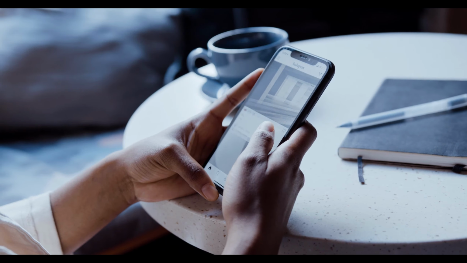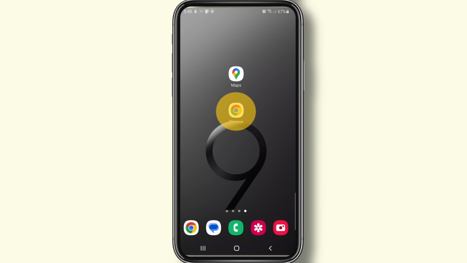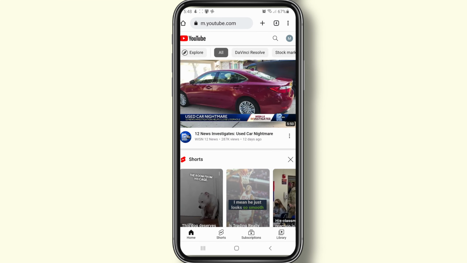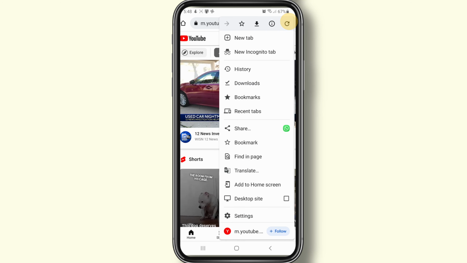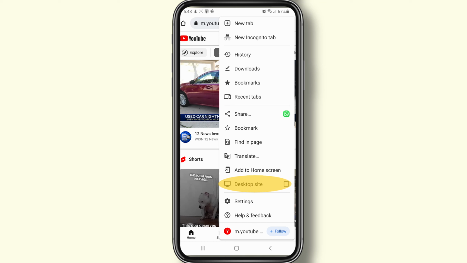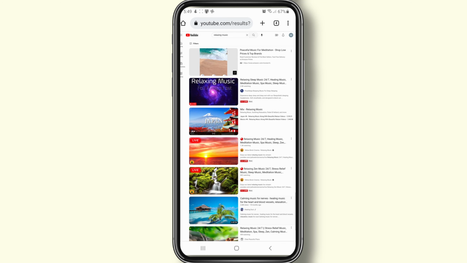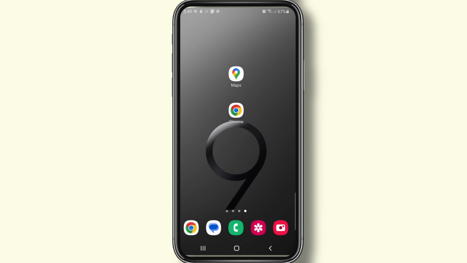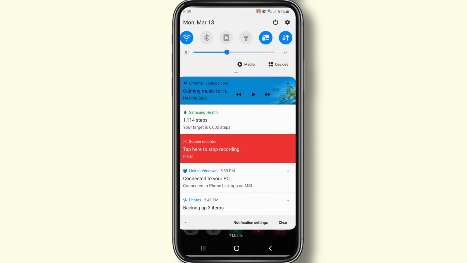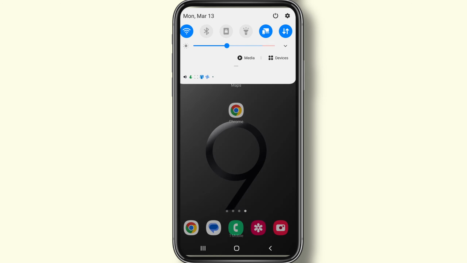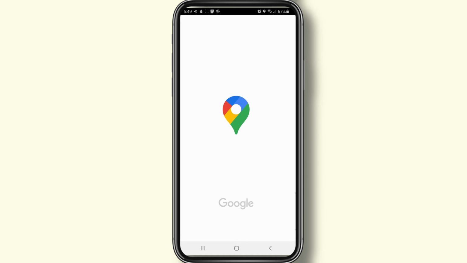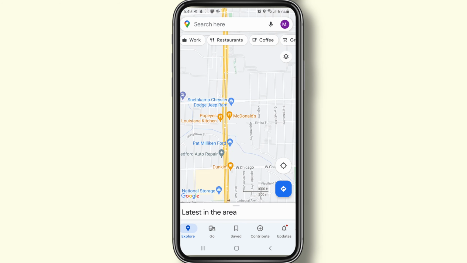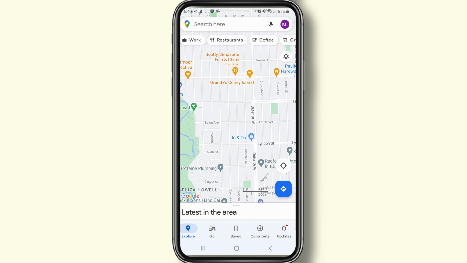Let's get started. On your Android device, open Chrome browser and go to YouTube. From the top right corner, select the three dots, and from the menu, select Desktop Site. Now play the video, and then tap the home button to minimize the browser. The video will pause. Now swipe down from the top, then tap Play from the notification menu. Now the YouTube video will keep playing in the background even if I open other apps or if I lock